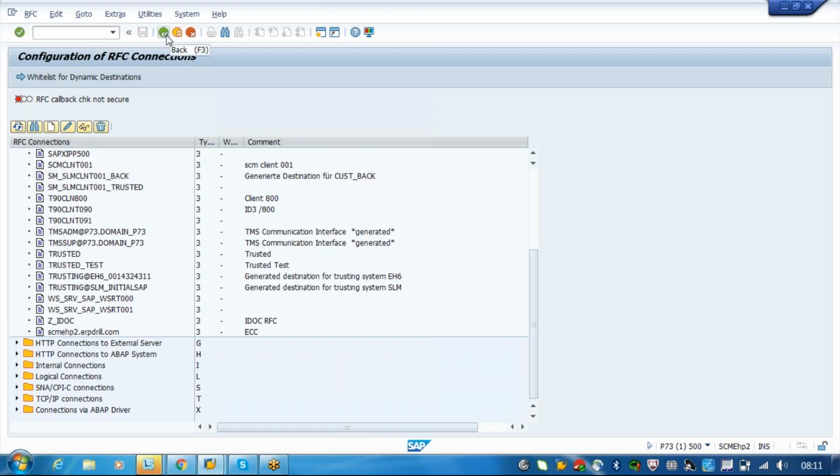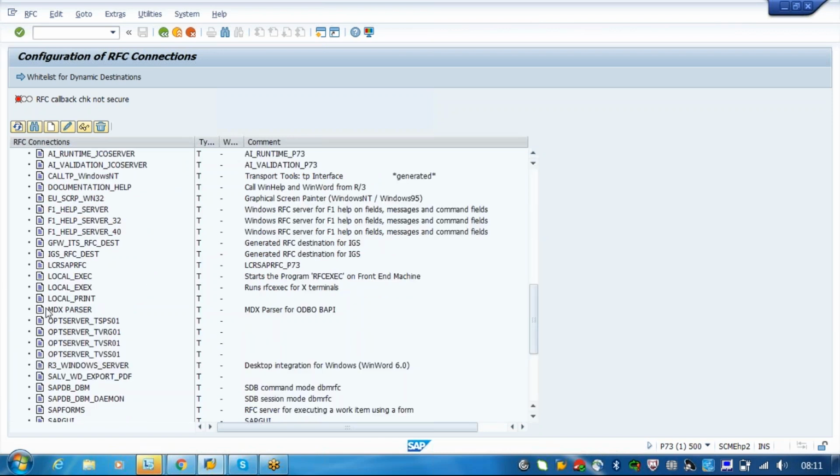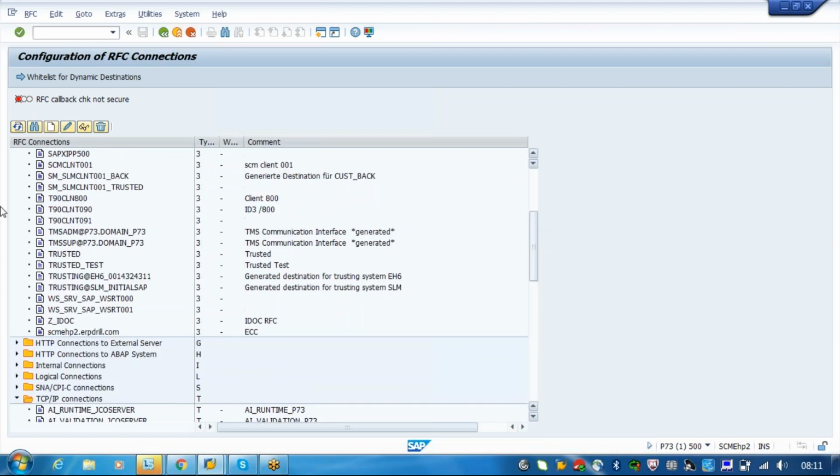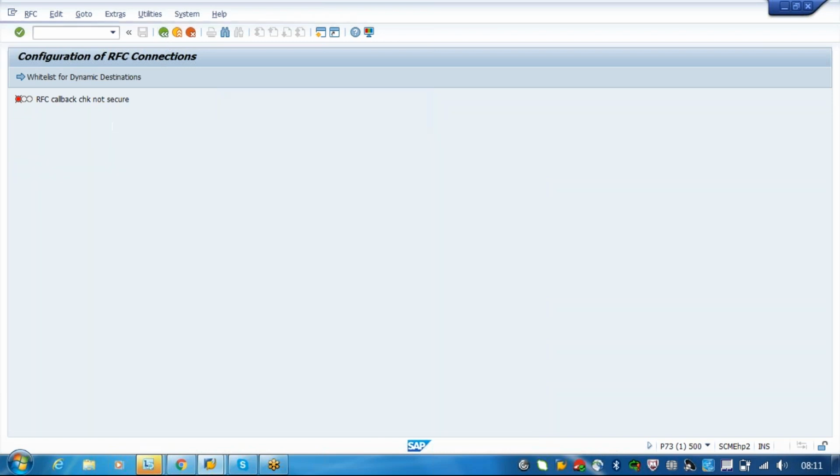What remaining connections? HTTP, internal TCP/IP. This one, huh? No, this is for some other thing. It is not for us. It is only for IDOC connections or something. It's not for us. For TM and EWM, it is only done using this GTS also. Okay. So remaining, all we are not going to do. Okay, so this is for some other purpose.